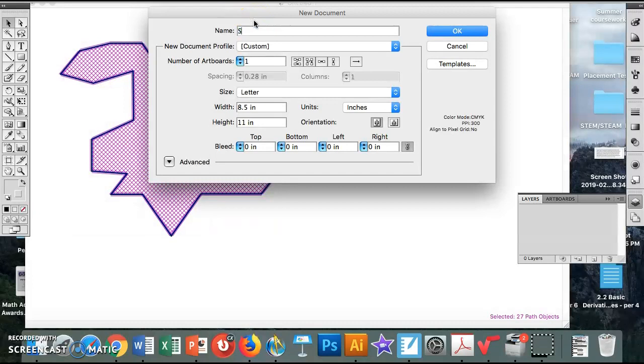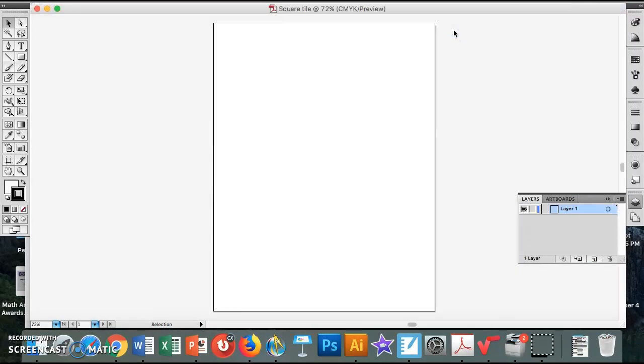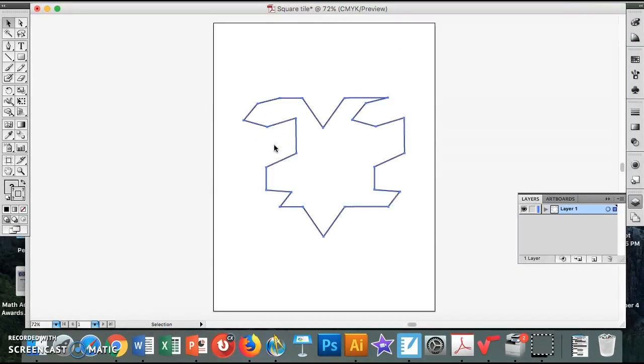Let's call this Square Tessellation, Square Tile. It's probably easier to say. 8.5 by 11 is fine. Make sure you're in inches. Okay, and say OK. And let's paste it in there. Okay, so there's what it looks like. Now,